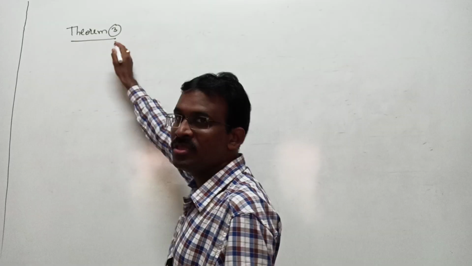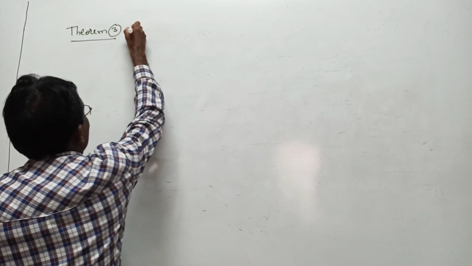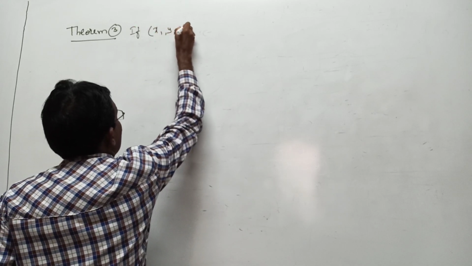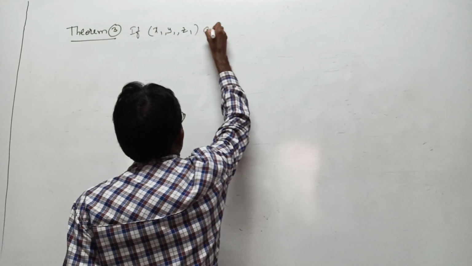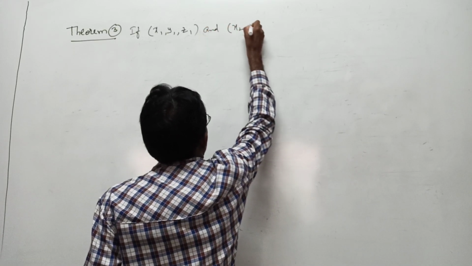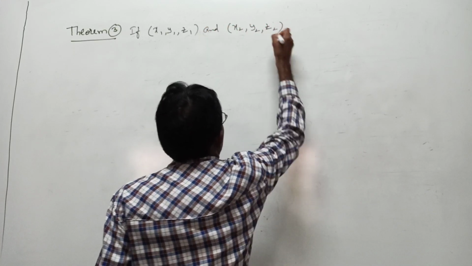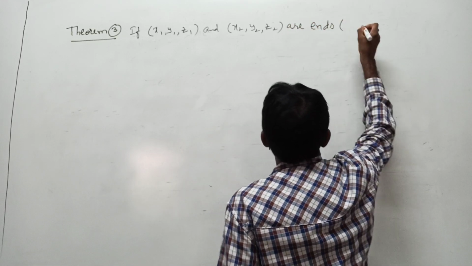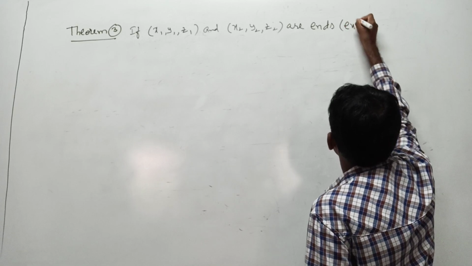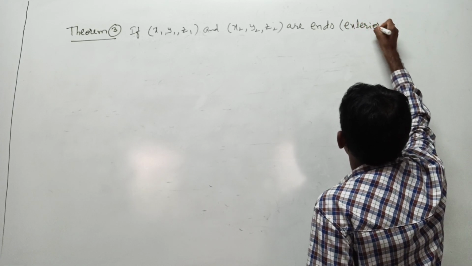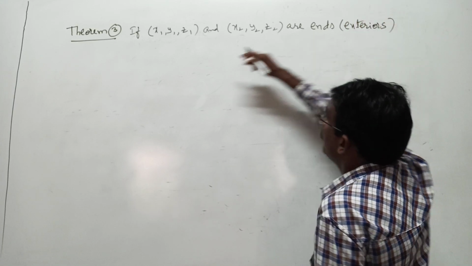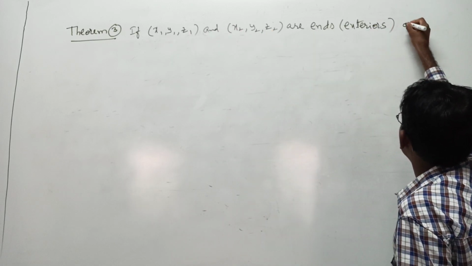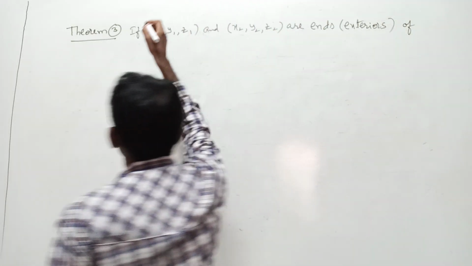Now see, theorem number 3. If points x1, y1, z1 and x2, y2, z2 are ends, or you can call it exteriors. If x1, y1, z1 and x2, y2, z2 are ends of the diameter of a sphere,